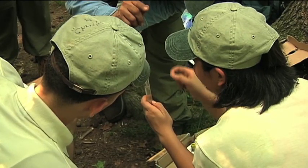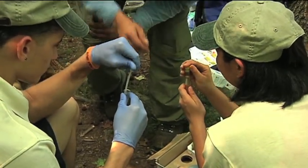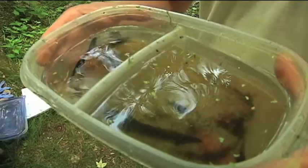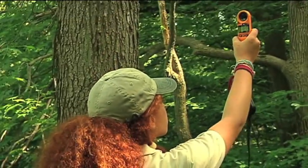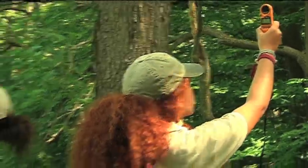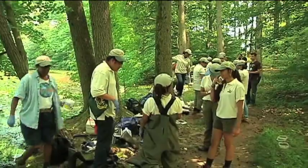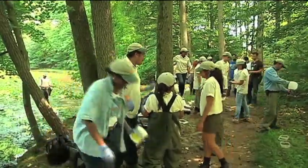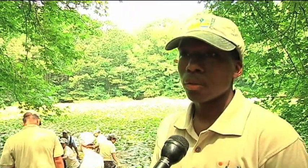The water test is one of several field studies conducted by students participating in the New York City Minority Youth Environmental Training Institute. Students won scholarships from the National Hispanic Environmental Council, a think tank that works to ensure that Latinos have a voice at the environmental decision-making table. The 8-day intensive program is based out of Wagner College, but participants spent much of their time outdoors getting their hands dirty. We learn about things that are not in the curriculum and that most teachers or schools or even institutions